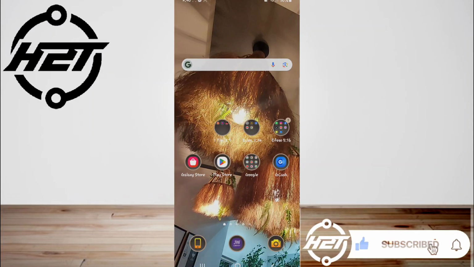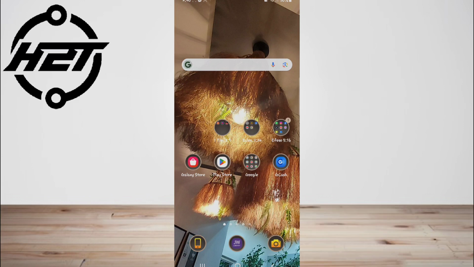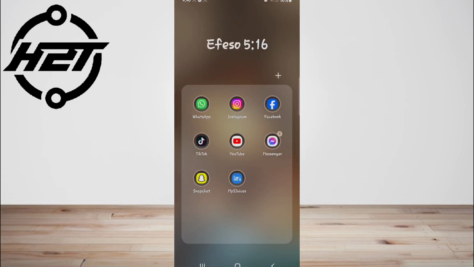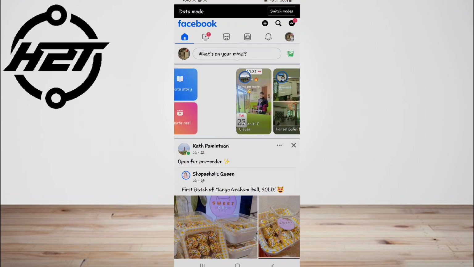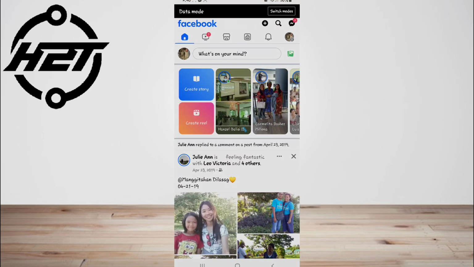Today I'm gonna show you how to remove limits on Facebook page. Facebook actively monitors users' activity on the application. Violating Facebook community standards and its rules can result in a Facebook restricted account, and you wonder why Facebook restricted my account. You can solve a restricted account by reporting a complaint to Facebook.